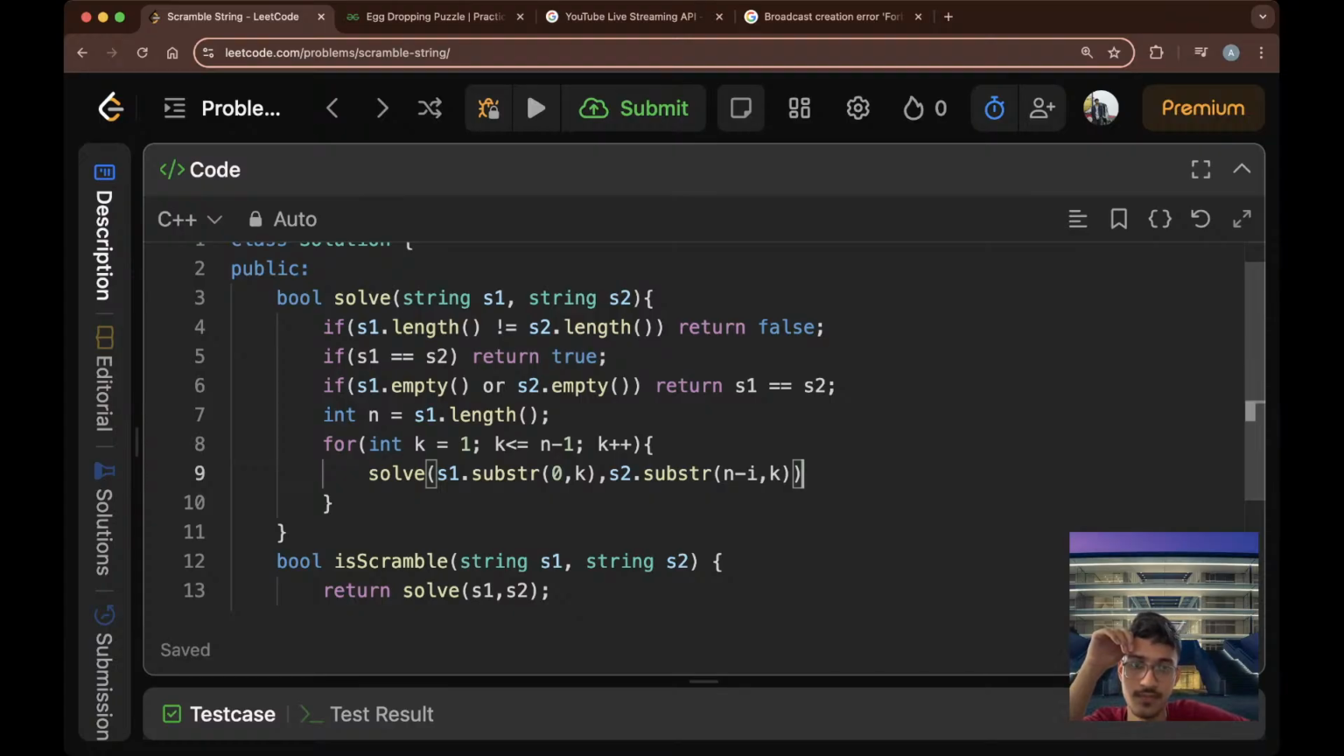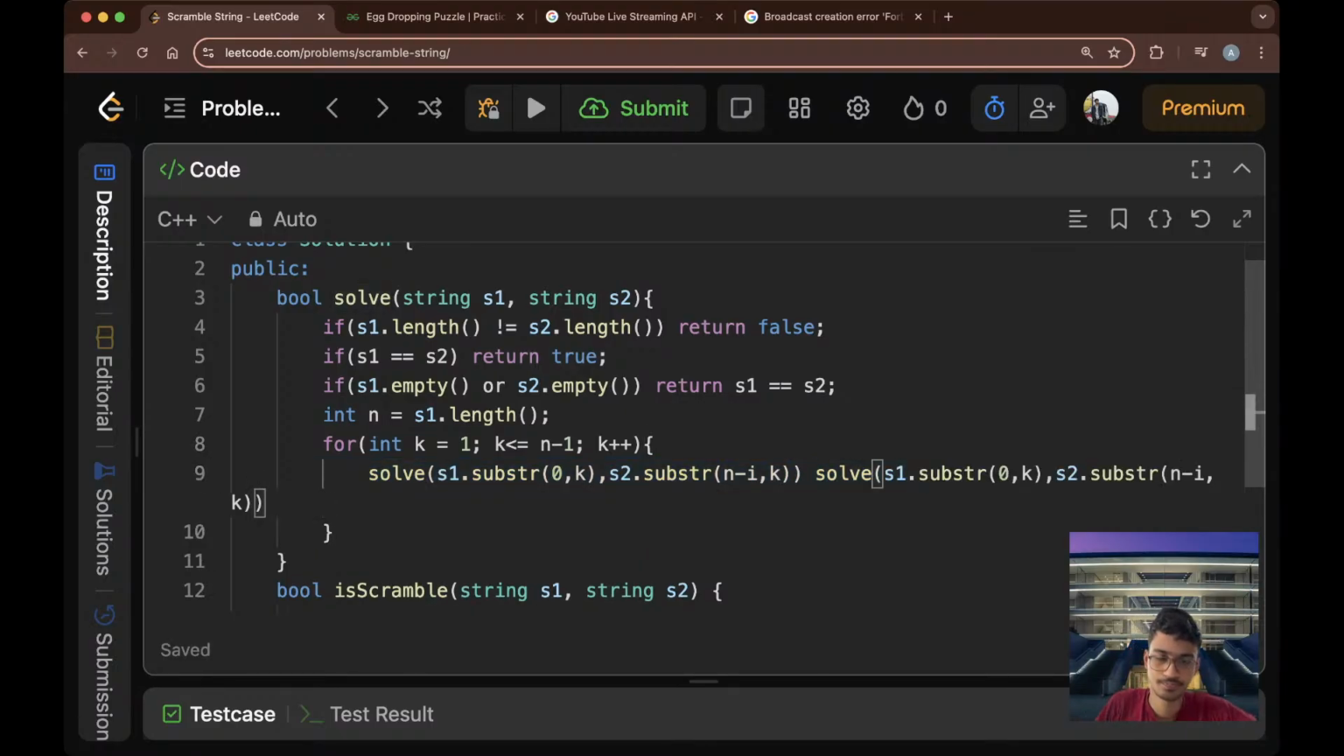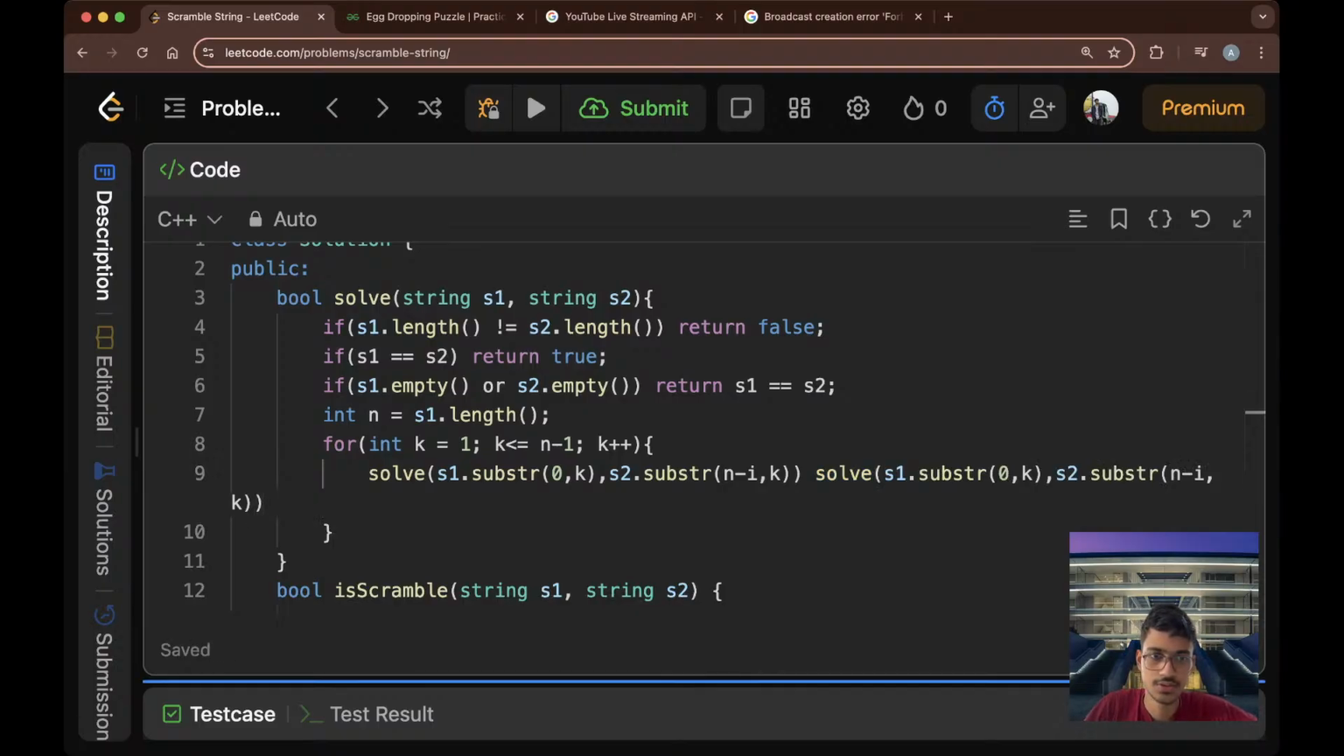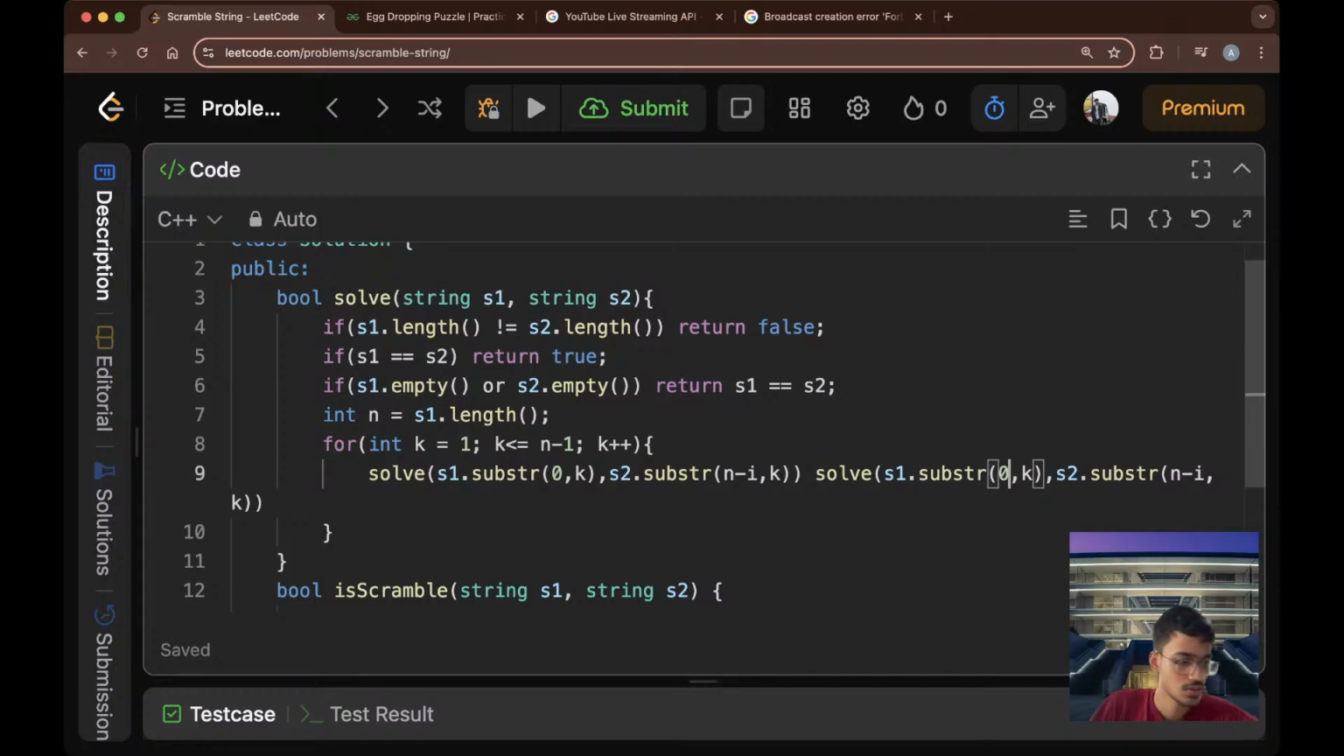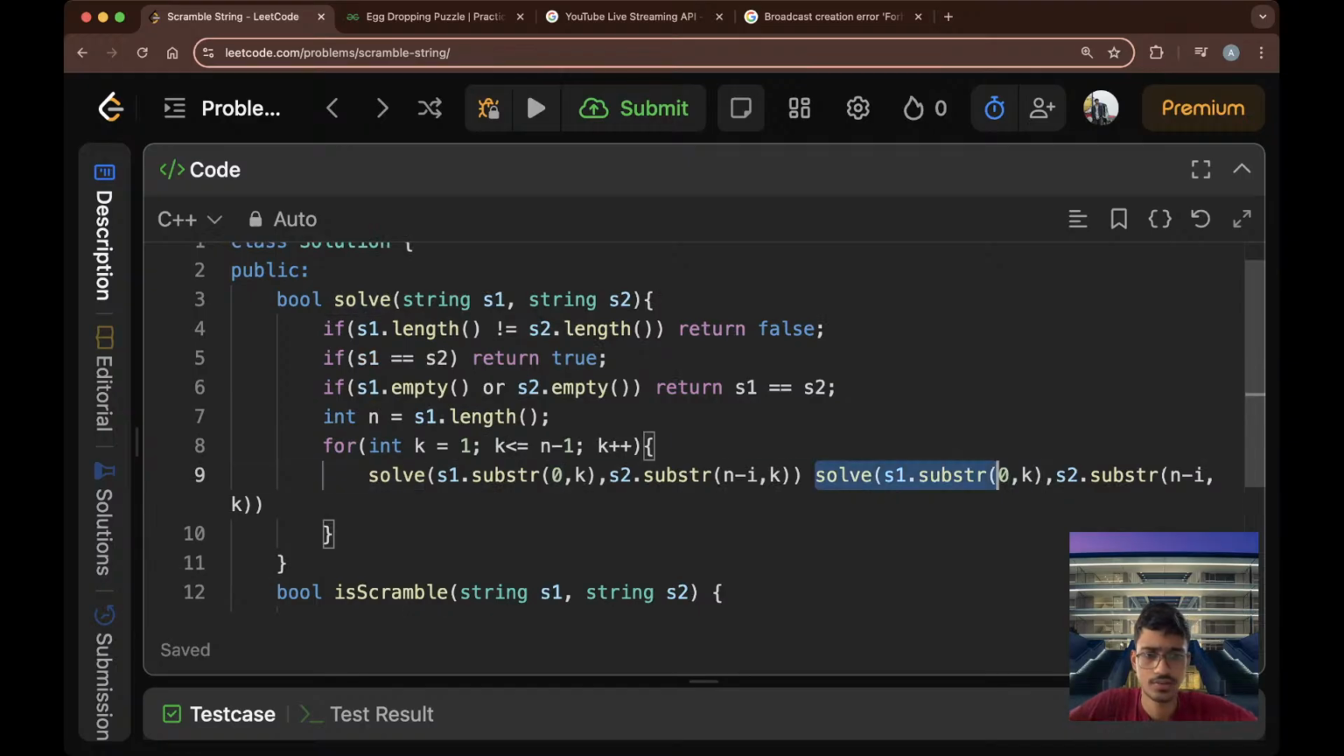If they are not swapped, then solve s1, let's copy it and paste. If they are not swapped, then we are just moving to first. Yeah, because it's the first thing we have done. The second thing is solve s1 substring